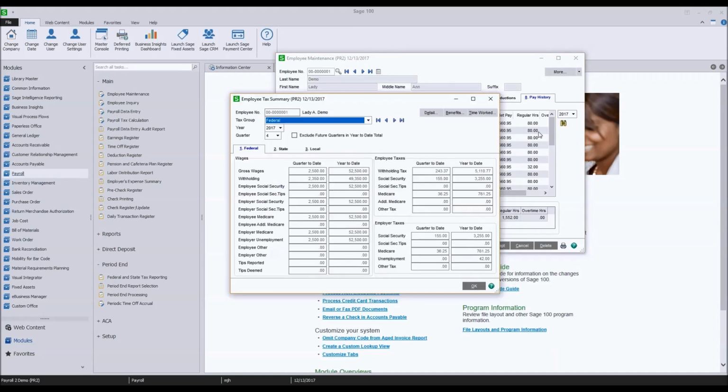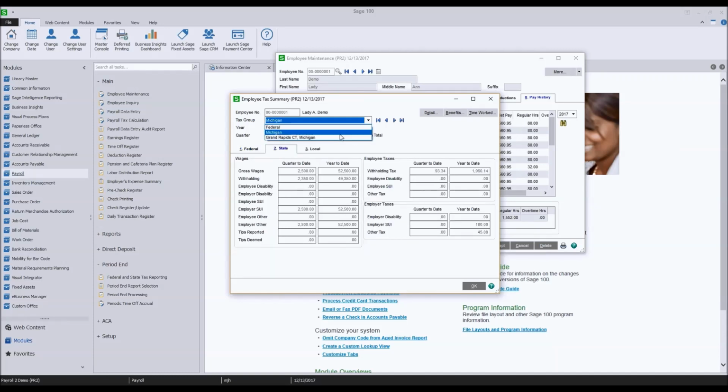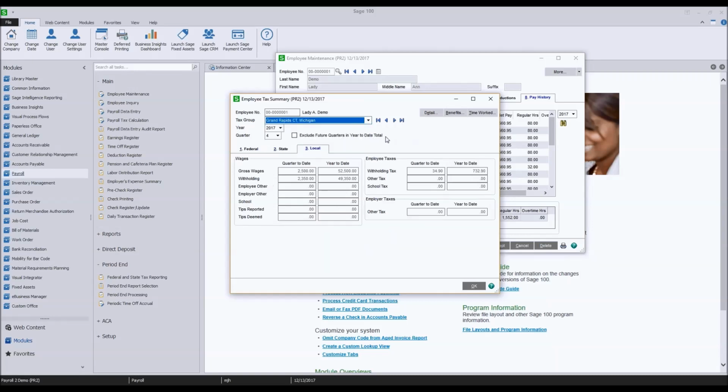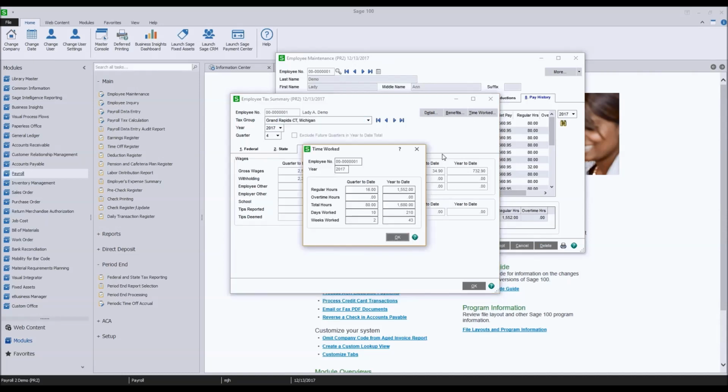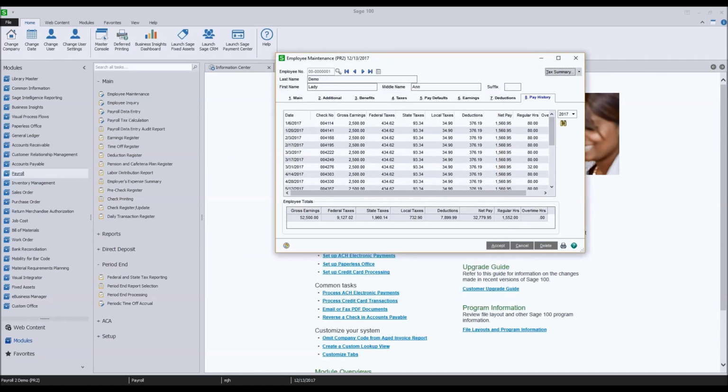And we can get into our tax summary information, whether we want to look at federal, state, or local. And if we need to make any modifications to that, we would have the ability to do that. We can see the hours worked. So a lot more information available at our fingertips than what we used to have in the past.